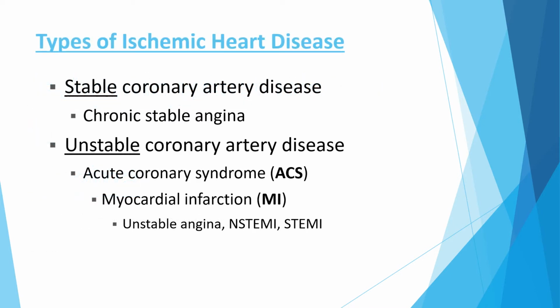First, to define different types of ischemic heart disease, we first have stable coronary artery disease and then unstable coronary artery disease. Within stable coronary artery disease, we have chronic stable angina. Within unstable coronary artery disease, this is better known as acute coronary syndrome, which is whenever a patient has a myocardial infarction or an MI, better known as a heart attack, which can be classified as either unstable angina, an